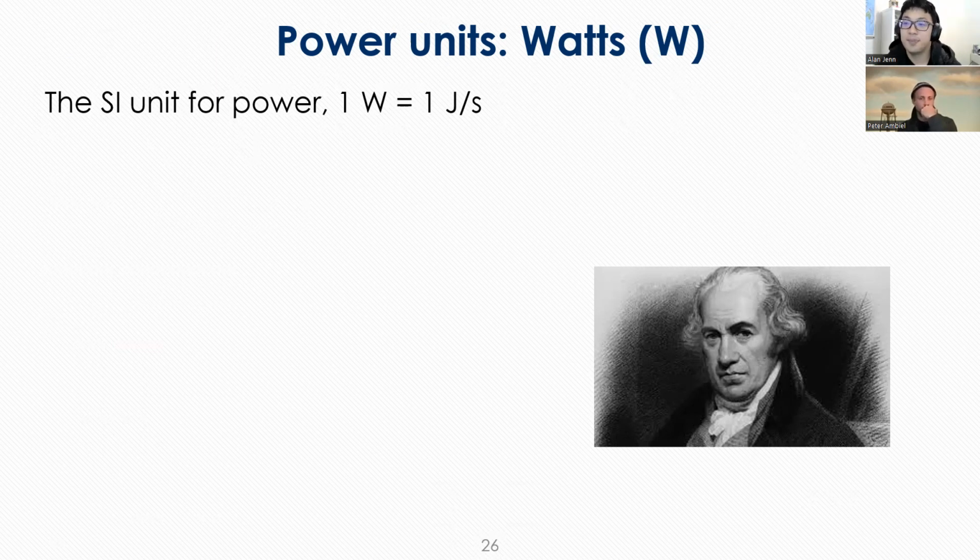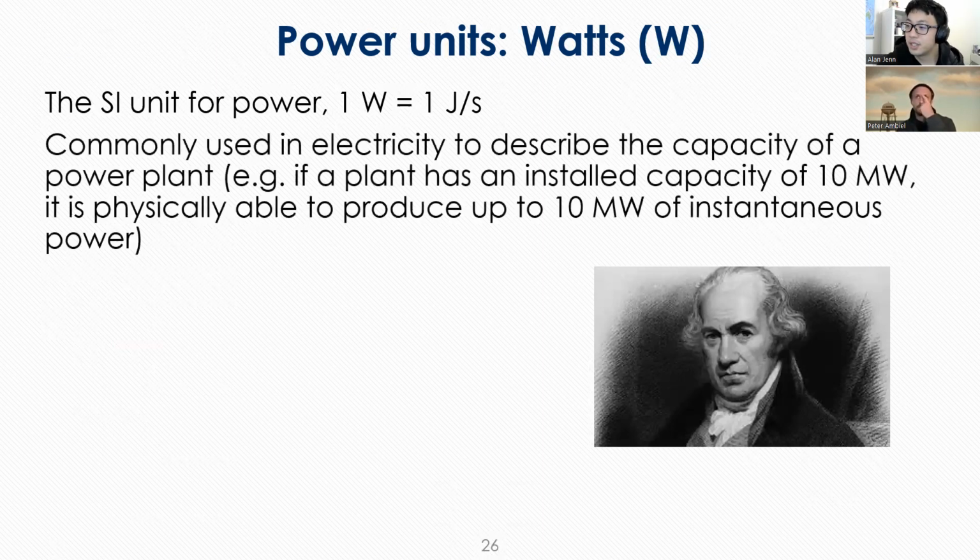So anytime you have a watt hour, that's just multiplying by an hour of time, and so you are essentially going up by a factor of 3,600 if you want to interchange between the amount of energy used over that time period versus the power output. So again, very common to describe